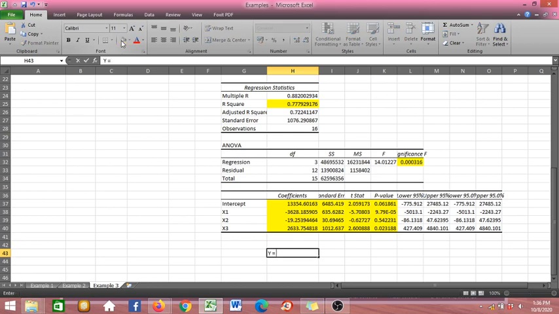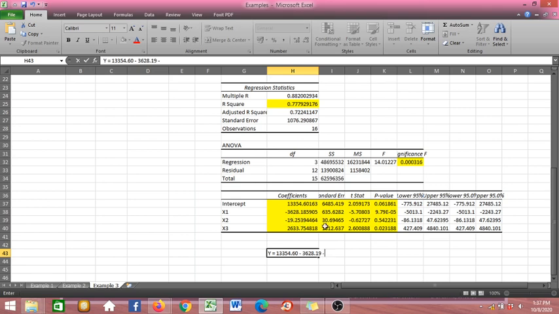So y equals our intercept, negative 13354.60. So we have a negative sign here. So minus 3628.90